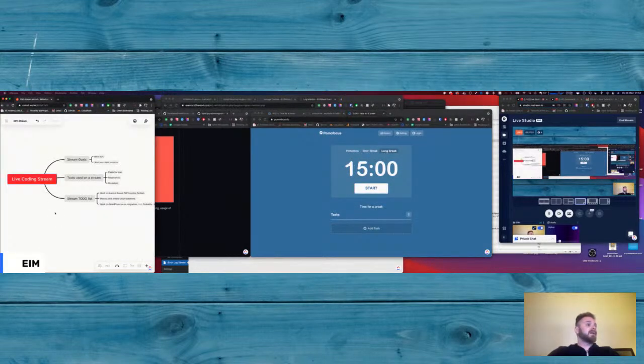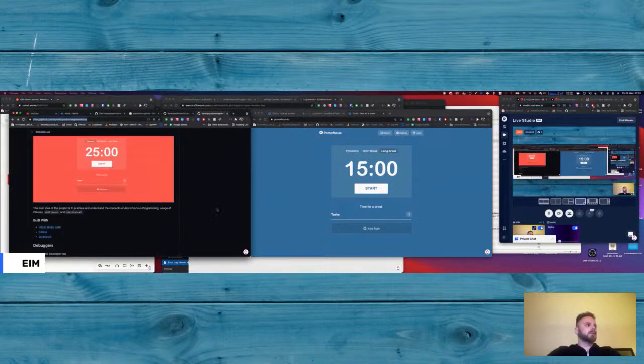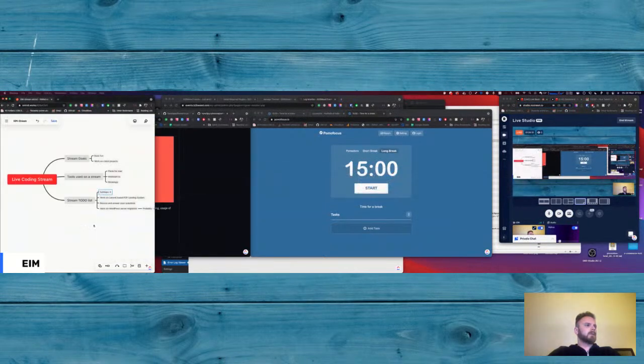So let's put it on our mind map to see that we are getting distracted. Let's make our mind map distracted, so then we can organize it, and then we can organize our mind. So contribute to this repository link.